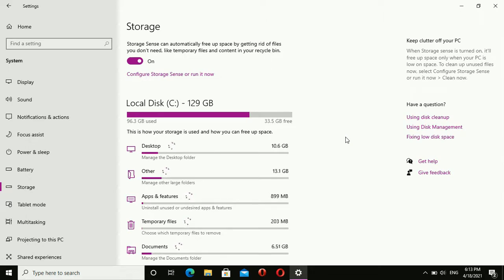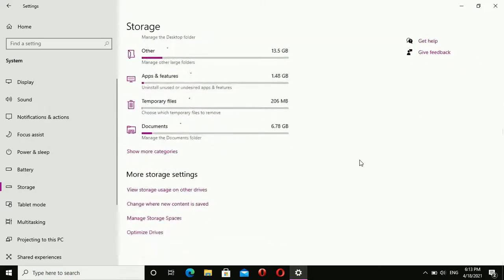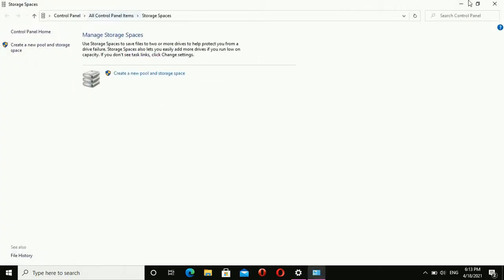Just scroll down. Here it is. You have to show more storage settings. On that,